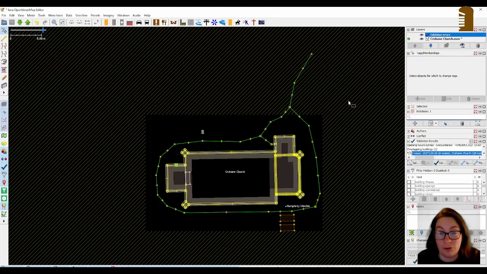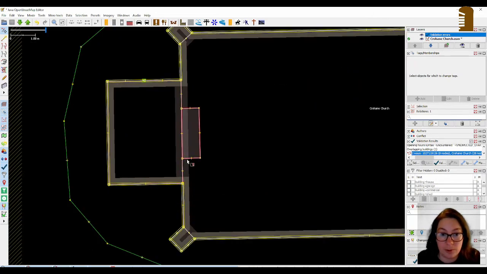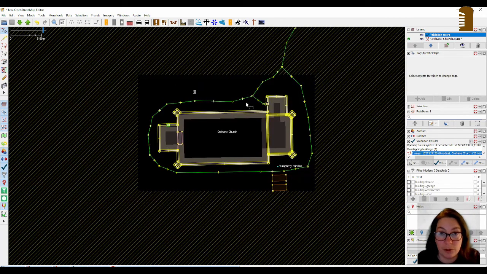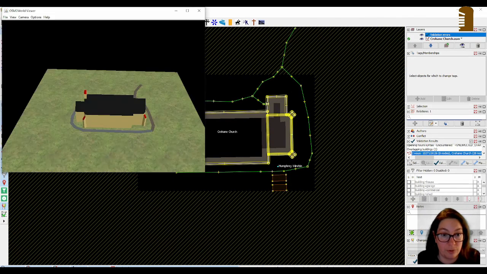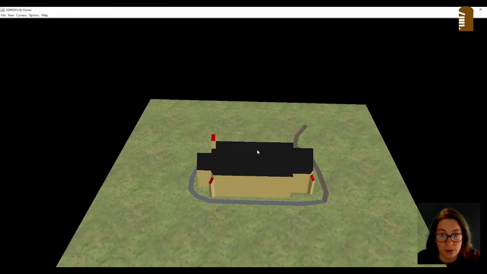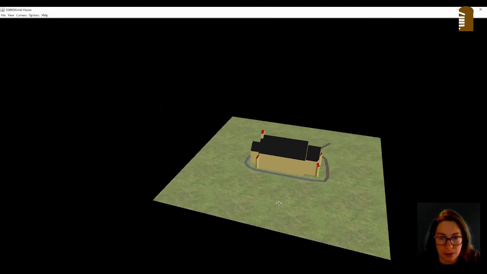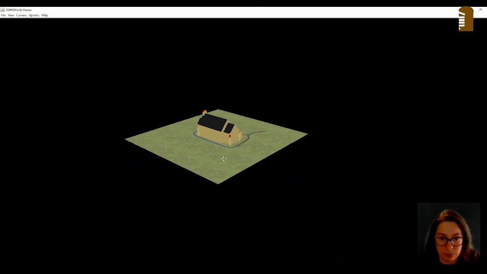So I managed to resolve some of the problems. I don't exactly know what I did, but one of the things was that when I drew this one, it didn't connect to the rest. So I had overlapping buildings. And before uploading it to OpenStreetMap, I have saved it as an OSM file and I've loaded it into OSM2World. I find it a bit hard to move around here.